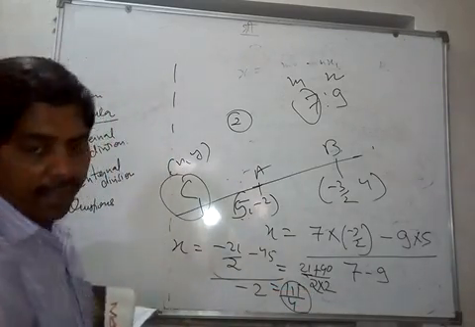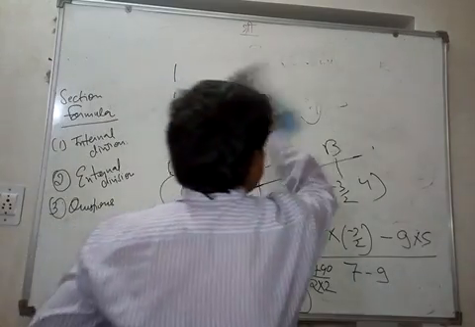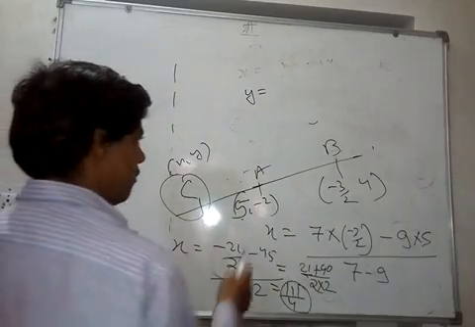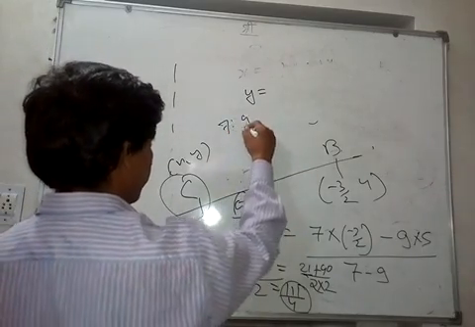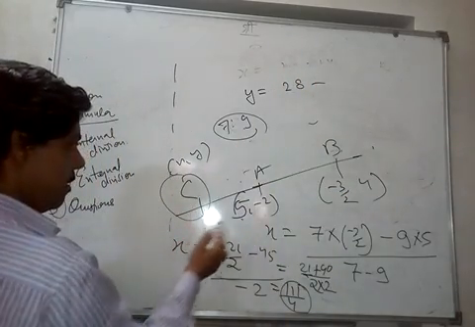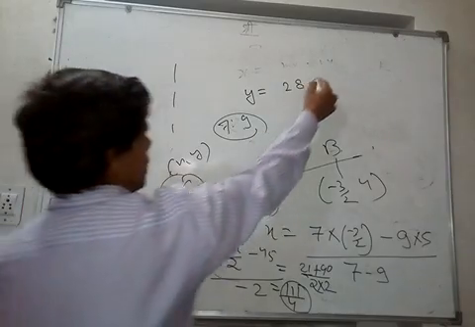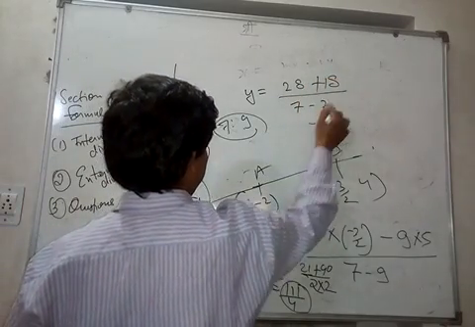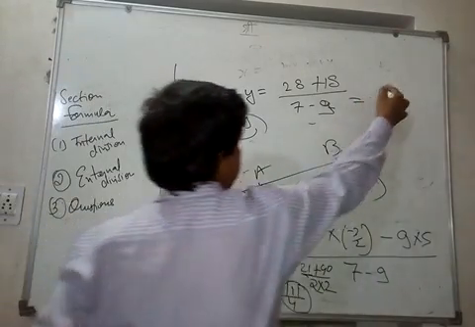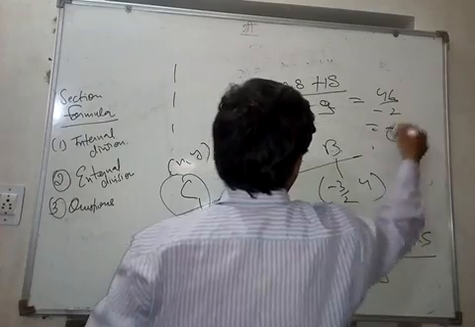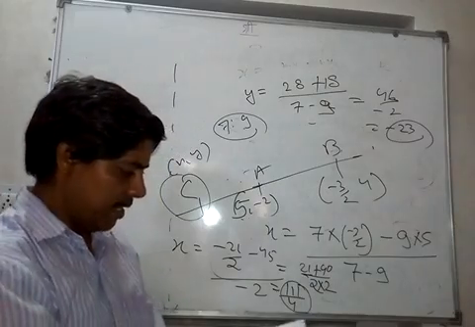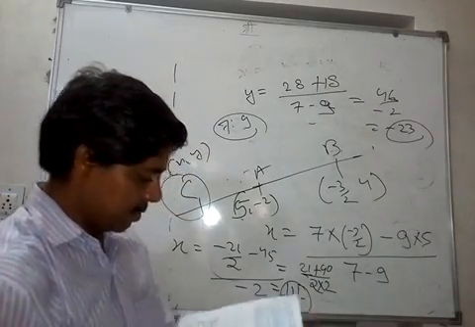And similarly you want to get the y coordinate. The y coordinate comes like this. Start from here, y coordinate is equal to, what was the ratio? 7:9. Okay. 7 multiplied by 4, that is 28, minus 9 multiplied by minus 2. So 9 twos are 18, plus 18 upon 7 minus 9. So that is 28 plus 18 is equal to how much? 46 upon minus 2. That is minus 23. So the x coordinate is 111 upon 4 and the y coordinate is minus 23. Right? So these were the answers.